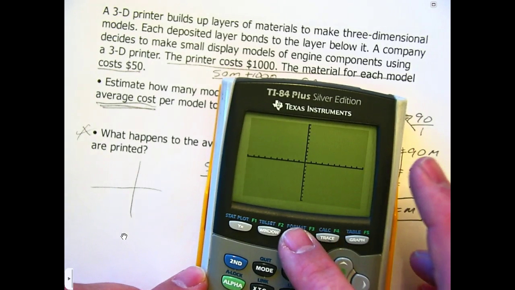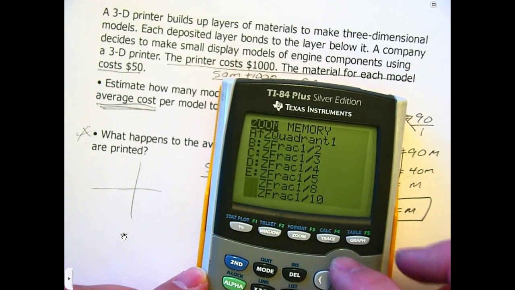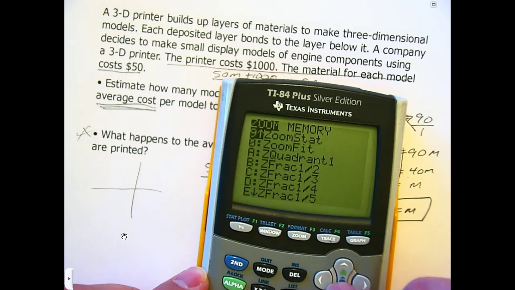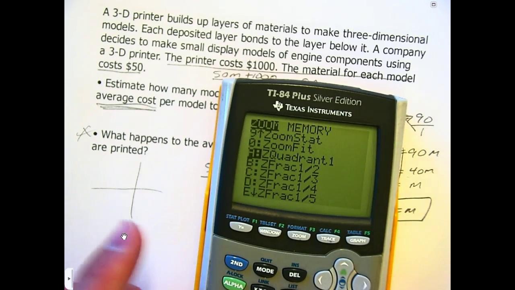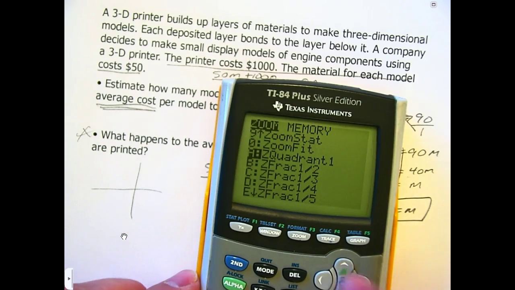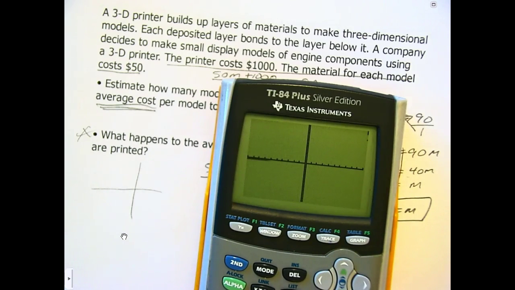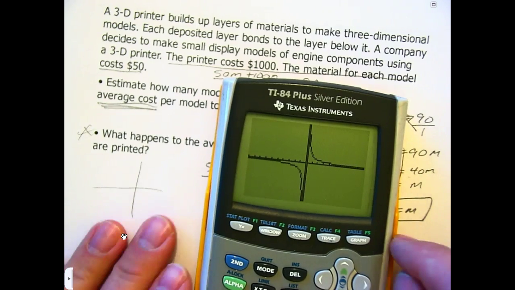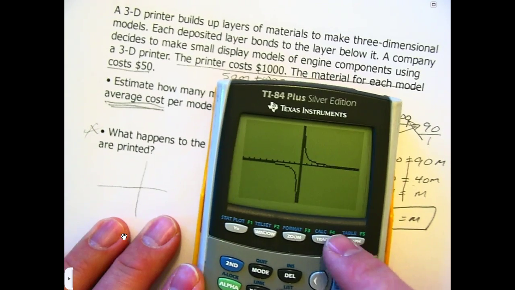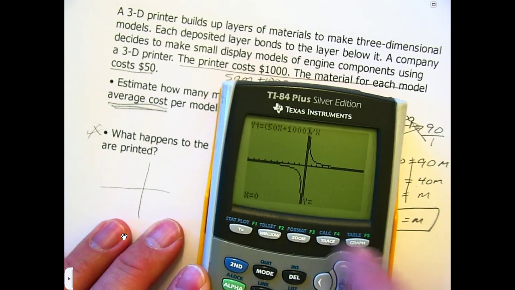I am going to go to zoom fit. Now, you may have to figure out which zoom will work best for you. Really, we're only functioning in quadrant 1. If you wanted to, you could do zoom quadrant 1. I'm going to go zoom fit because it actually zooms out and should probably show you the whole picture of it. Okay. Now, from here, I am going to use the trace feature, and I am looking for the horizontal